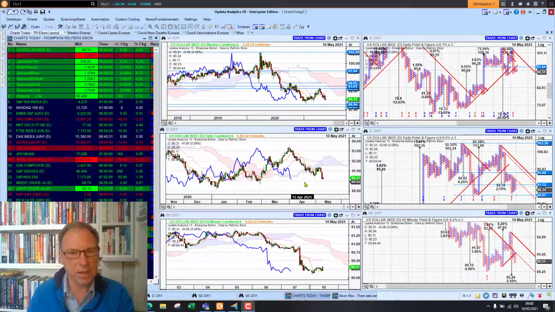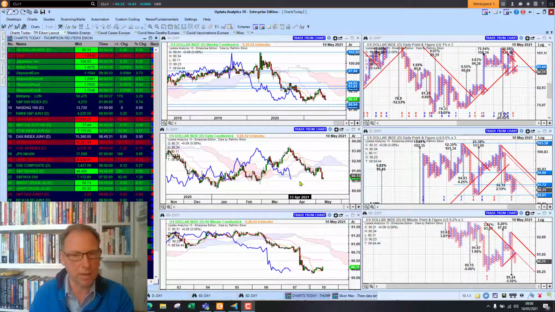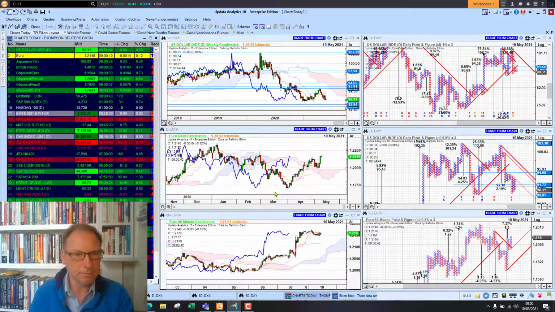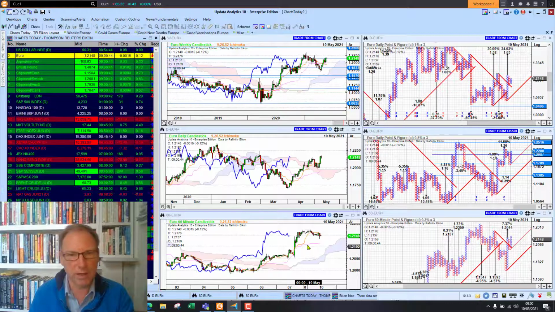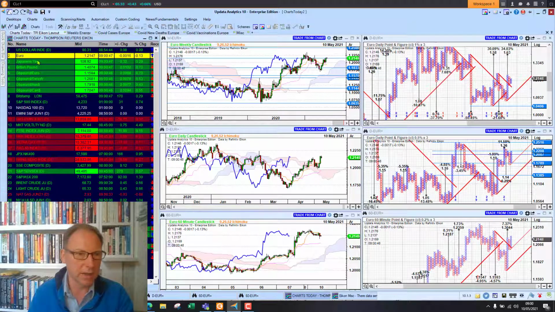I like to use a three-bar rule. So if in the next 3 days we don't bounce higher, then I would say that we are below the cloud. The euro, conversely, is higher against the dollar, and again, looking like it will break its cloud.